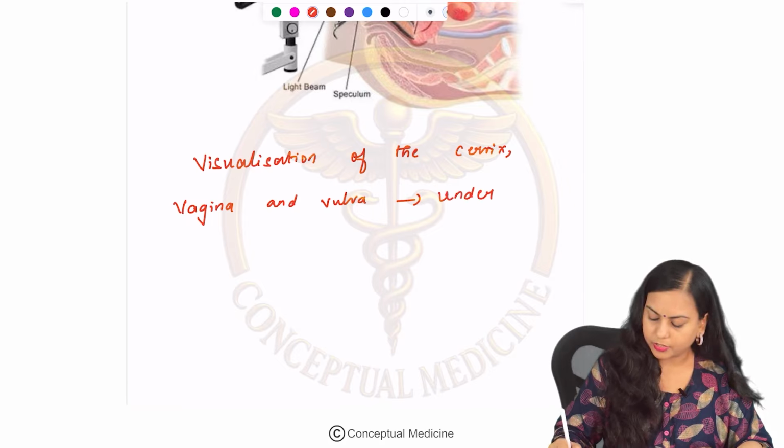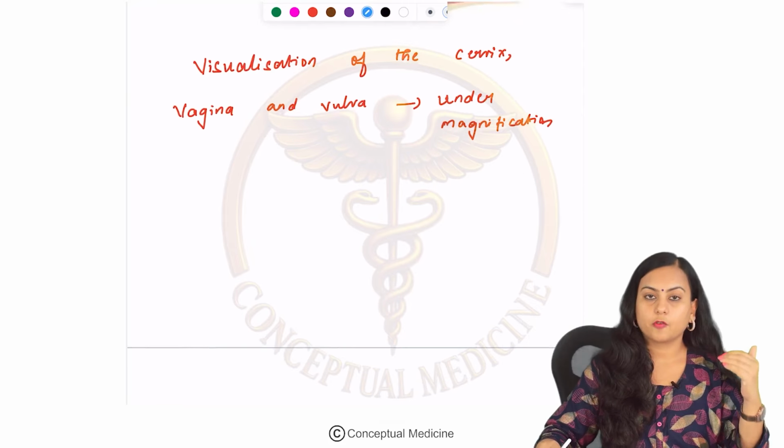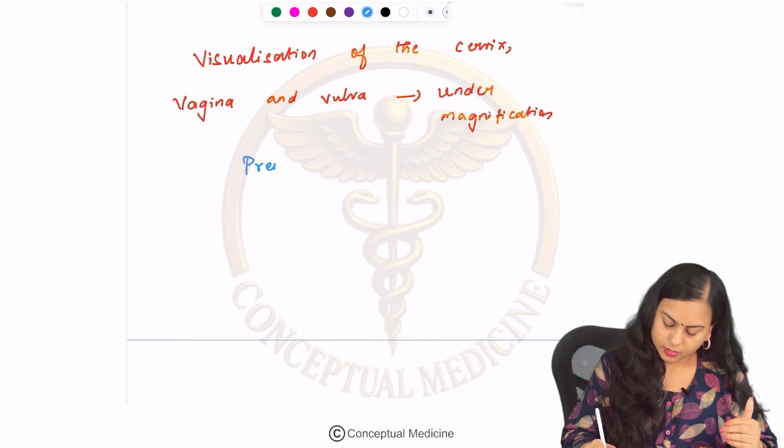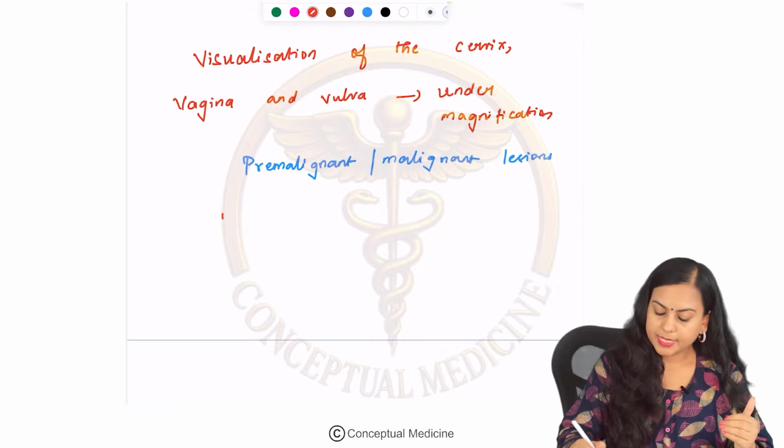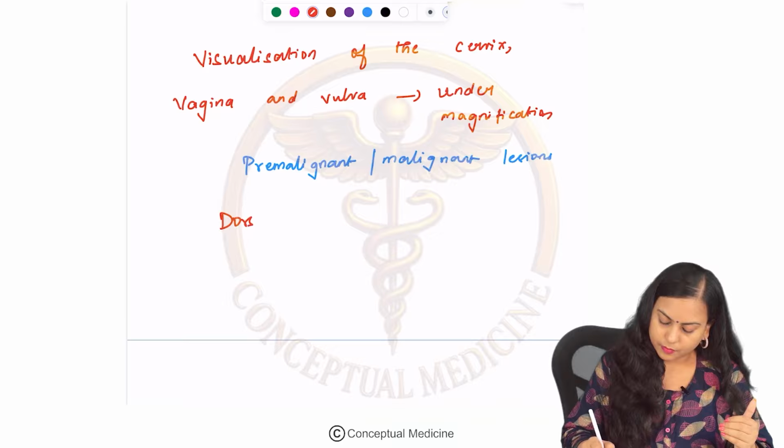That is important. Under magnification, we will be taking biopsies from pre-malignant as well as malignant lesions. You will place the patient in dorsolithotomy position,